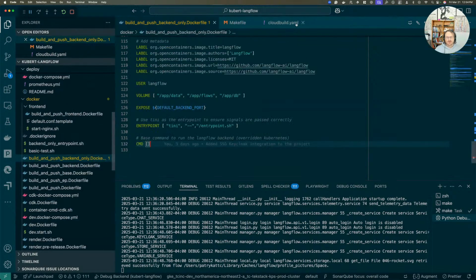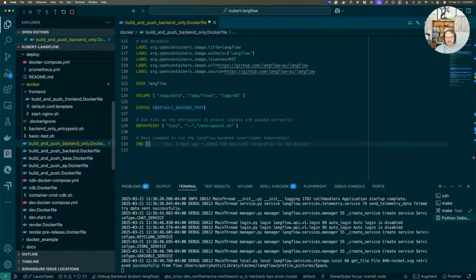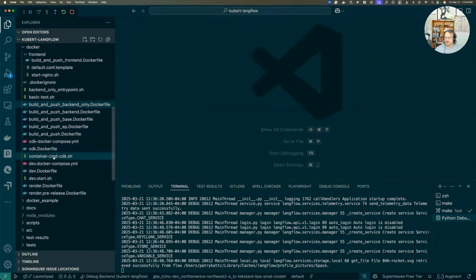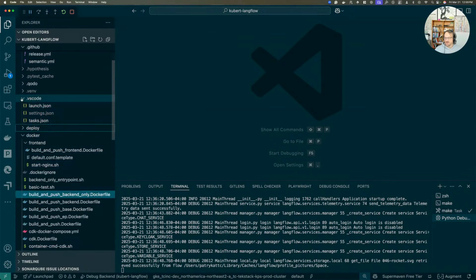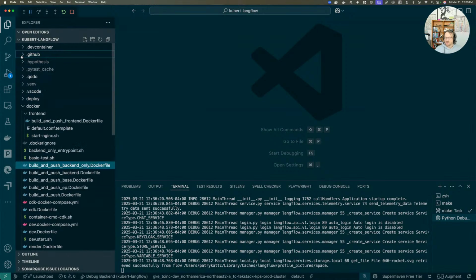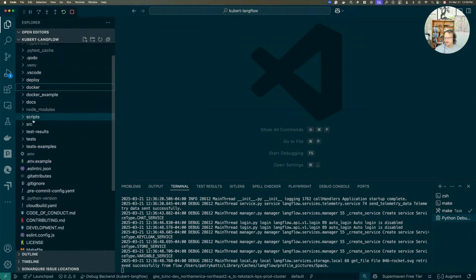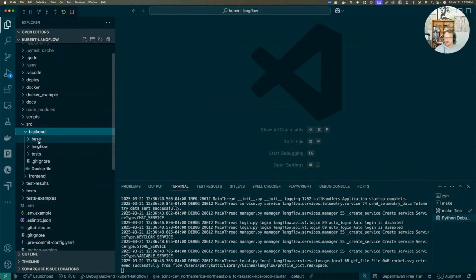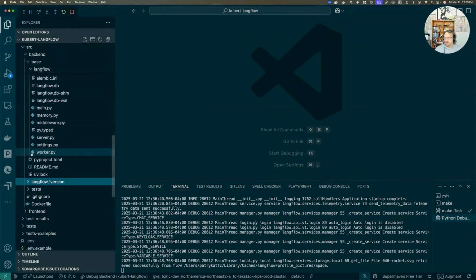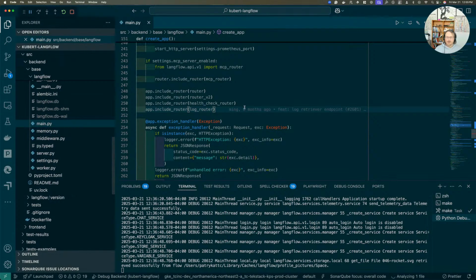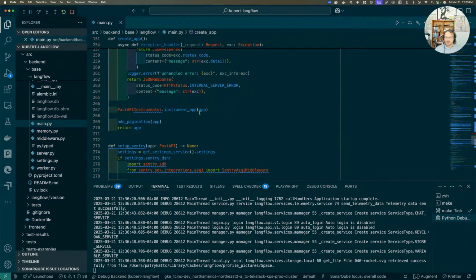Okay. So first place to check is the main FastAPI main. So let's look at the main of the configuration. Just close all these things here. All right. So for backend, LangFlow. No, let's go base. Okay. So here, this is where we define the FastAPI server, and this is where we also define, there we go, instrumentation here for